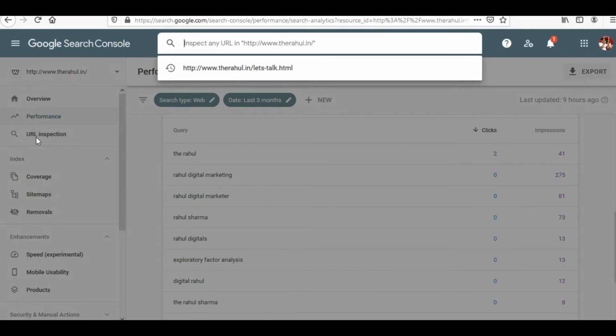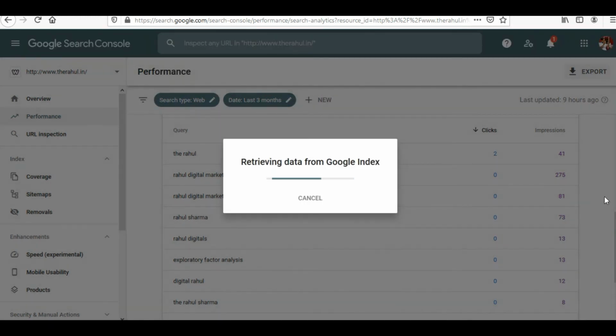If you have seen my previous videos on SEO, you know that search engines like Google have crawlers which crawl over the complete internet and search about what a site is about. Now, in order to understand whether your site has been crawled by the crawlers of Google, you can verify it from here. As my website has 13 different pages, I am going to punch one of the page URLs over here to help you understand whether this particular web page has been indexed by Google or not.